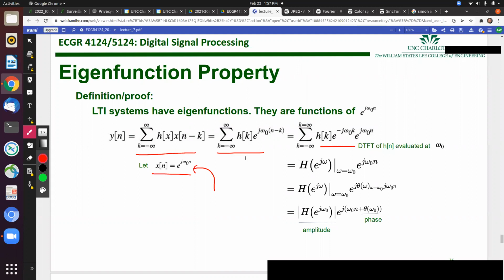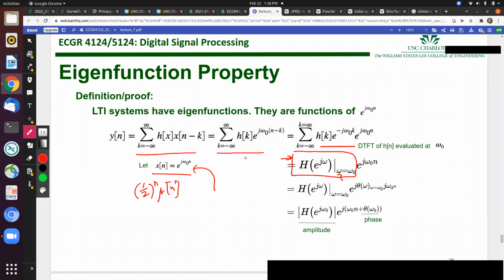Then what comes out? Well, the function comes out multiplied by a complex constant. That complex constant, we talked about at the beginning of the lecture, here in the lecture notes again, is just the Fourier transform evaluated at the frequency of the input. So what if I say I have a system (1/2)^n u[n], and